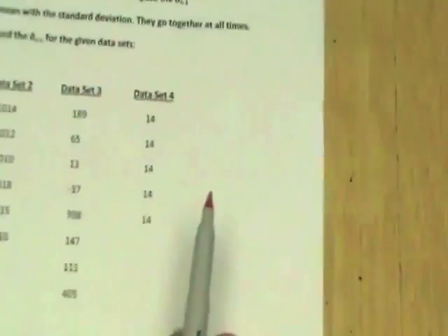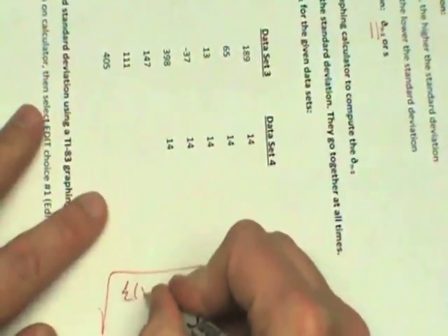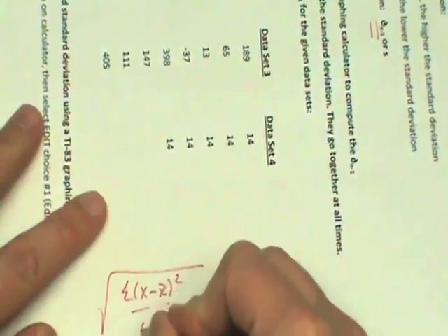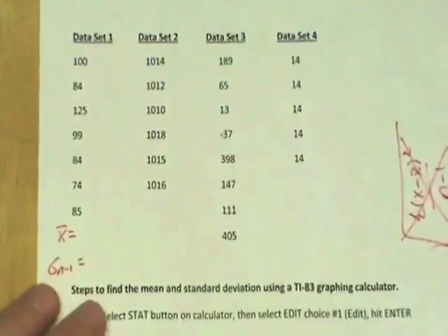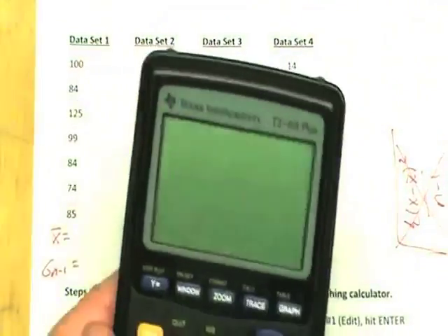The formula, by the way, is an ugly looking thing that we don't use this semester. The formula is the square root of the sum of data minus mean squared over n minus 1. That's the formula. And so we're bypassing this formula. We're saying we don't want to do that formula. And so we're just going to use the calculator. And here we go. So in your TI-83 calculator,